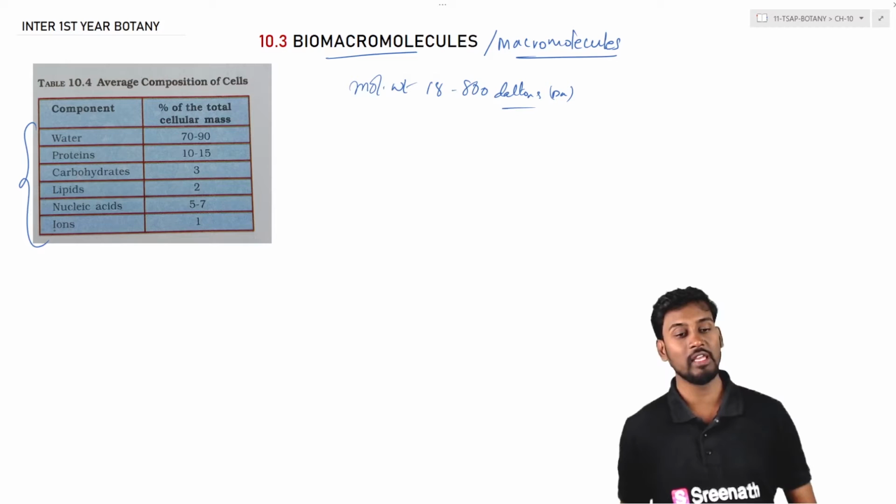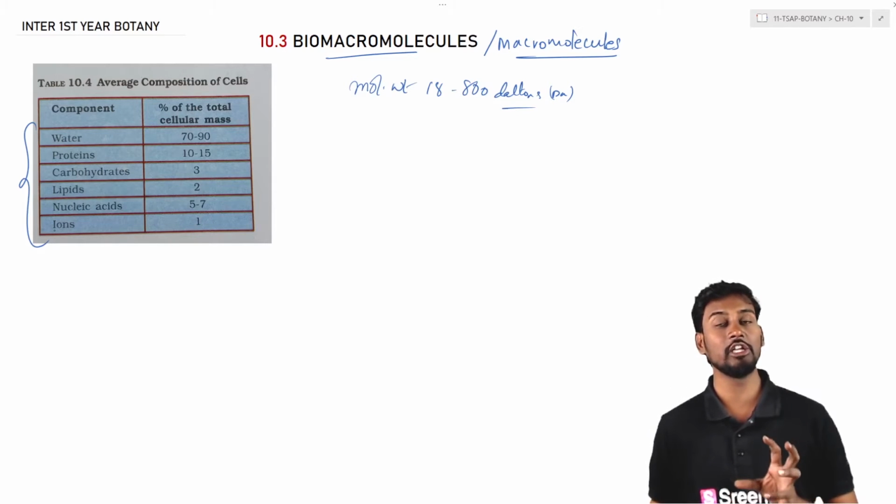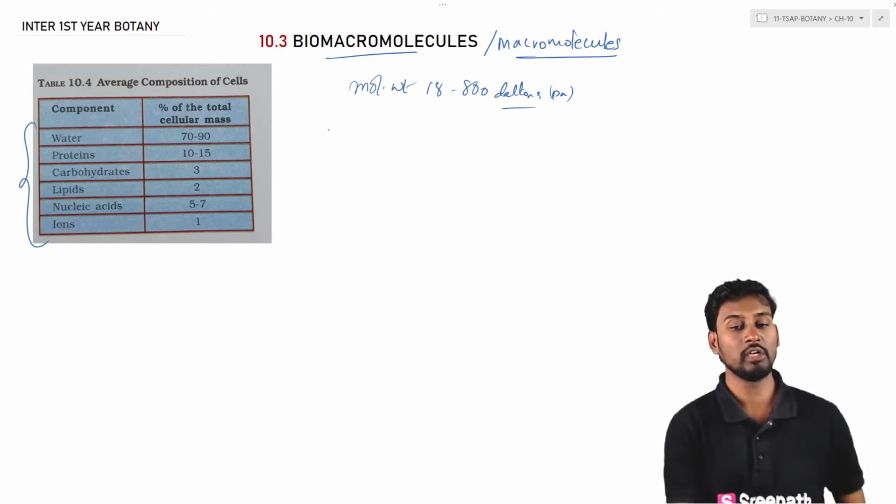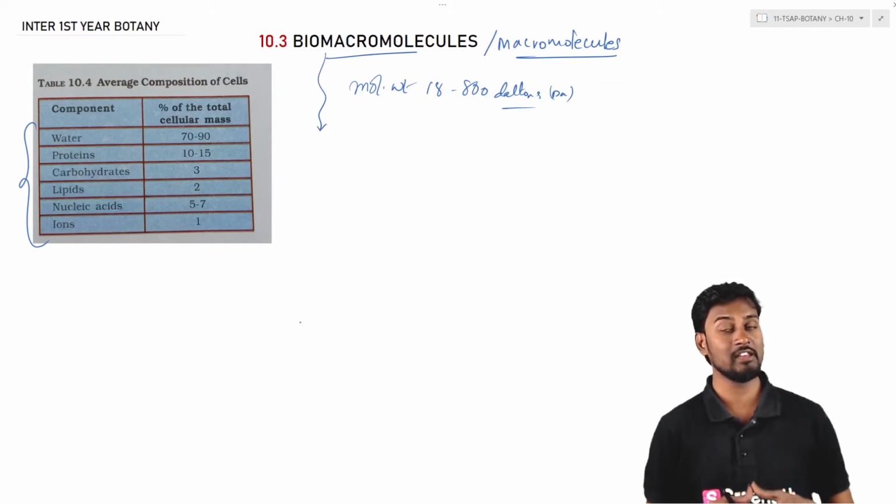So we can see generally this is the percentage of each and every component present within the cell according to the total cellular mass. So according to the percentage of total cellular mass, these are the different components which are generally making this particular composition. So here, these macro biomolecules are the ones which are larger in size when compared to